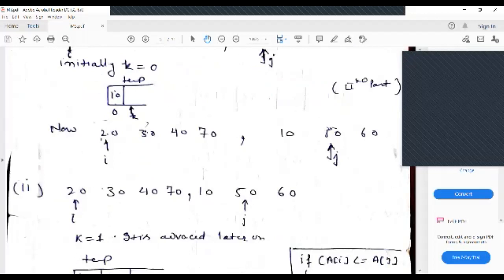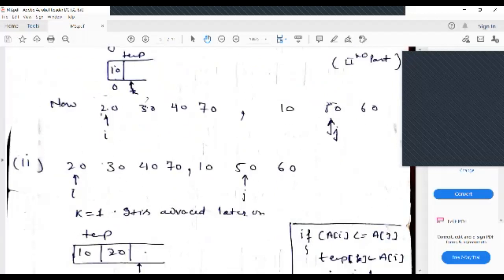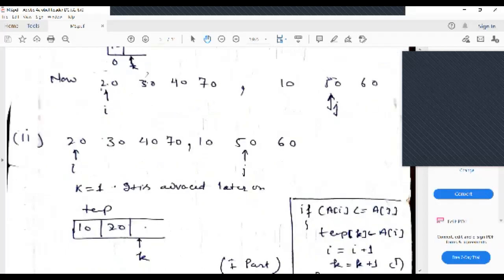अब क्या होगा, कंपेयर करो a[i], if a[i] is less than or equal to a[j]. पहला केस बताइए आप, 20 है, 20 will be compared to the 10. 10 से कंपेयर होगा ना भाई, तो which one is smaller? j वाला means second sublist is having the smaller value. So put this 10 to the temporary memory, assign this one and increment j to j plus 1 and also increment k to k plus 1.